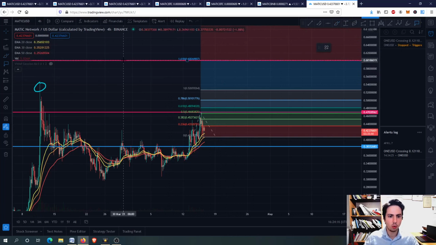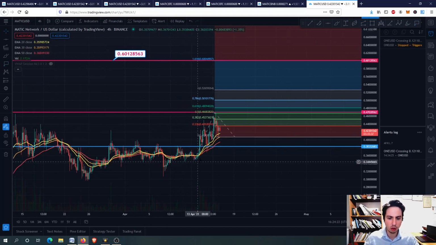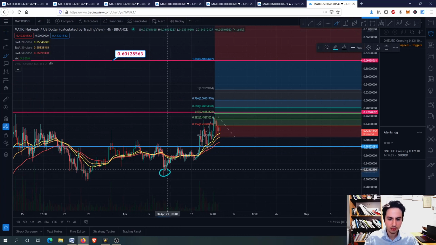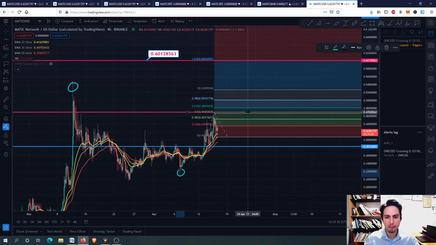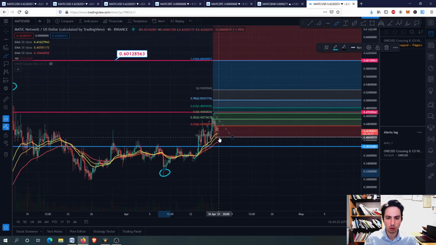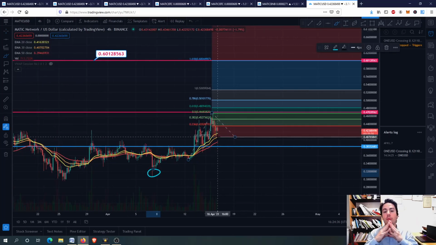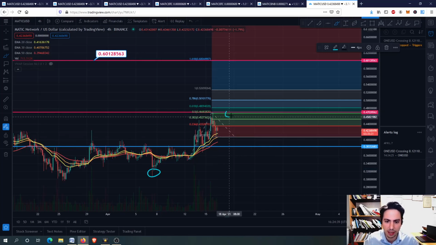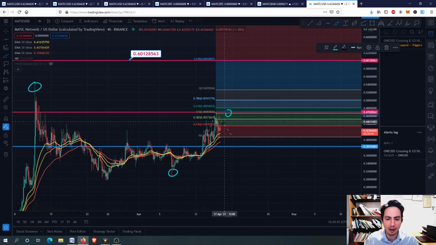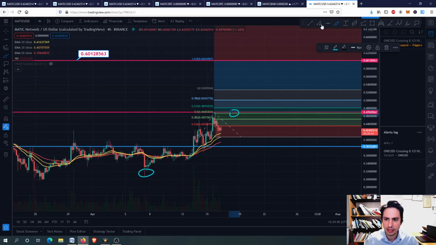Okay, so what we want to see is MATIC continue to have higher highs and higher lows. Of course, you would want to buy right here at this point, and another buying opportunity for me personally, I believe, is of course, okay, you can buy now if you want for mid-term, but for the short term, if we surpass this line, it is a pretty clear buying opportunity for me. Or if we hit a target again somewhere like this line here, over here, guys, or if we hit more of a support role at 0.236 again, if we hit this bottom again,